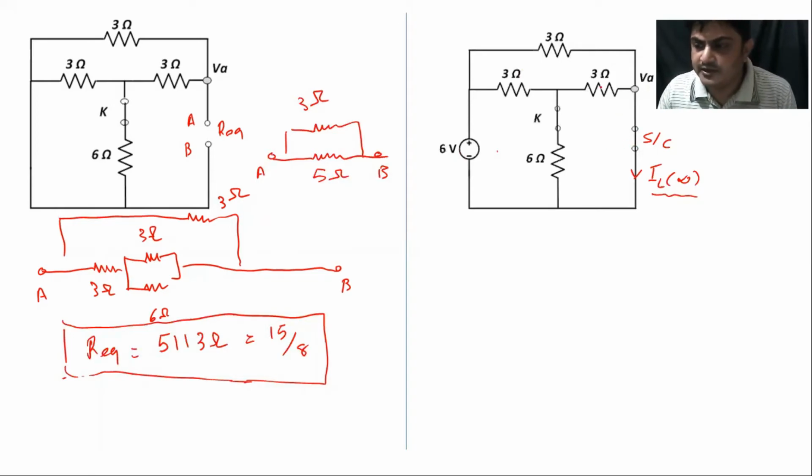Okay, but what I am doing right now is calculating by applying node voltage analysis. Let us assume some voltage at this terminal, let us say VB, and I am applying node voltage analysis, and I will calculate the voltage between these two terminals. Let me simplify this. I am considering here one voltage source, and that is, let us say, a 6 volt voltage source. Let me write down, this is plus and minus, and I will calculate the voltage between this terminal, VAB.